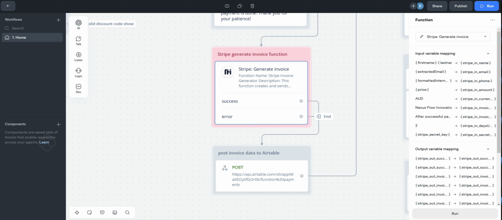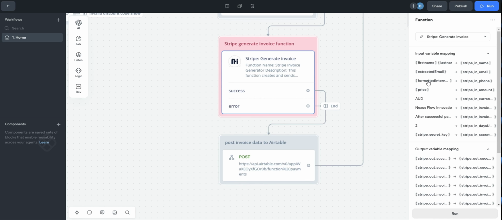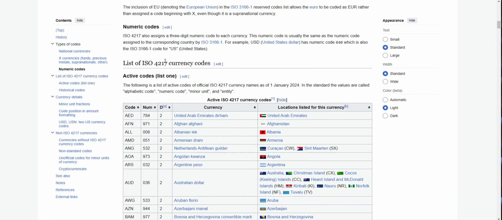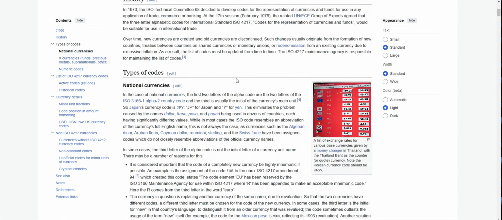So in this particular flow, what we have is the first name and the last name, and that will create the full name. We have the extracted email from the email validation function. We also have the formatted international number, which we'll pick from the verify validation function. We also have the price as well as the currency. So one key feature of this whole function is that you can actually put in different currencies here. So as long as the currency is in the ISO,